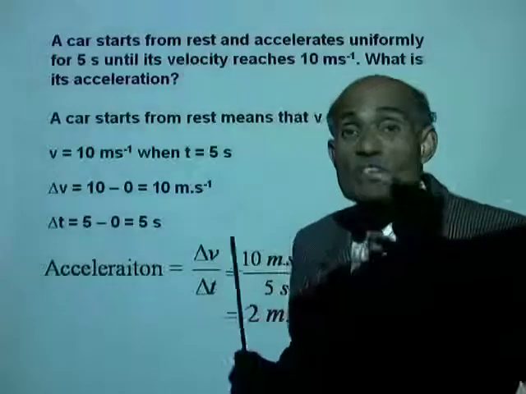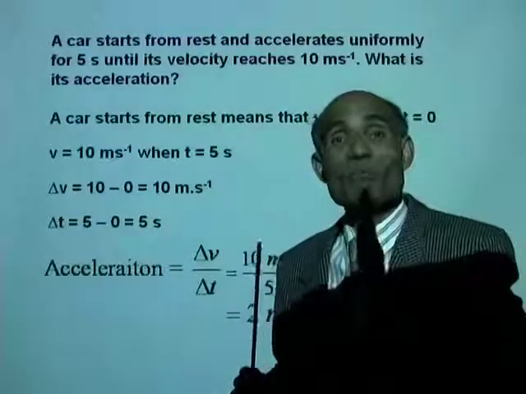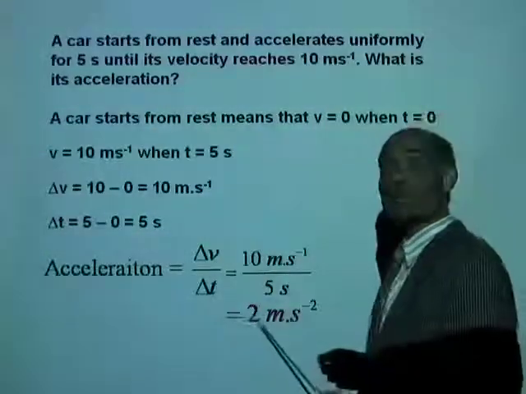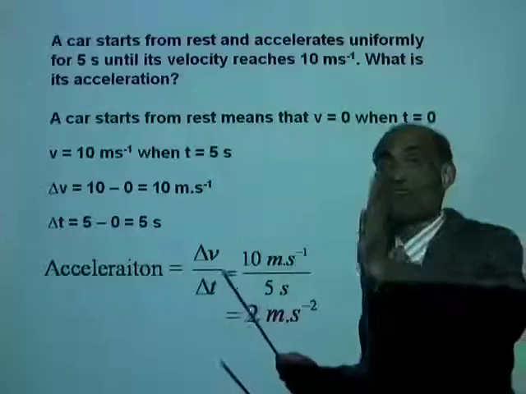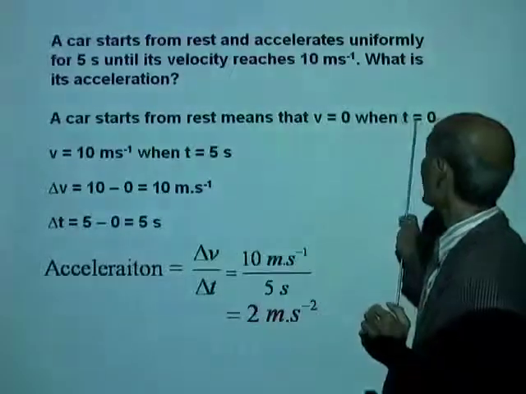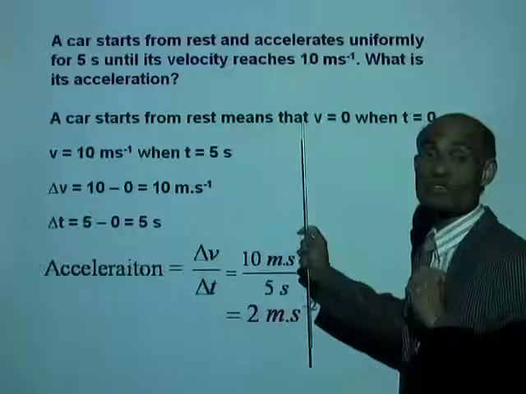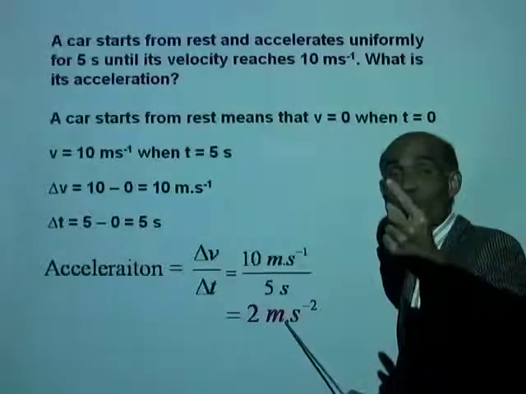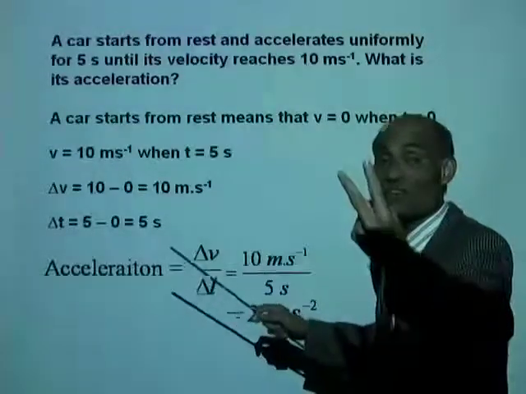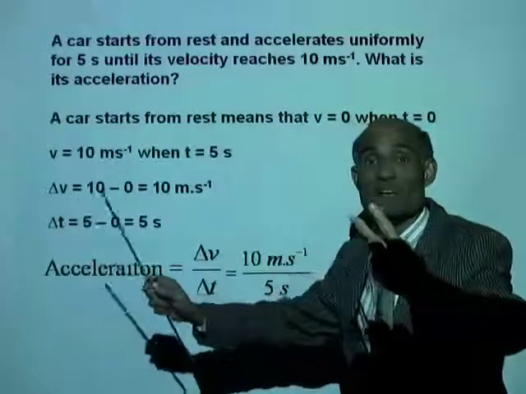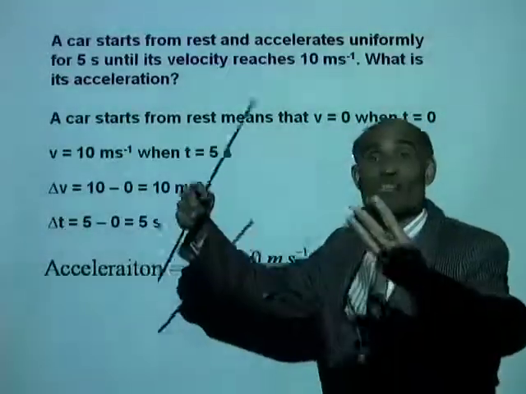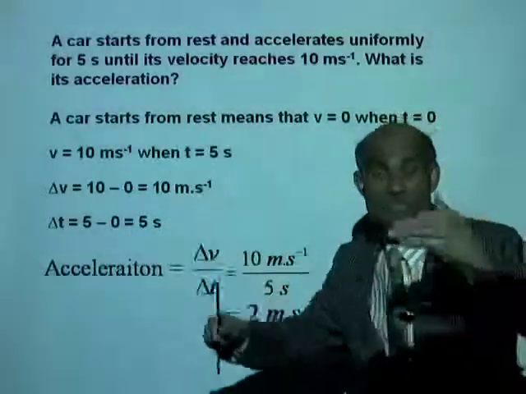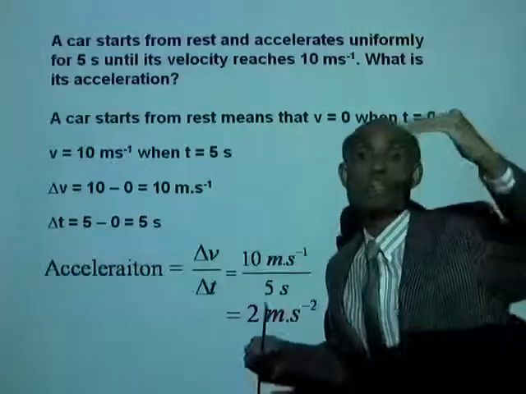It means every second the velocity of the object increases by 2 meters per second. That's the meaning there. Acceleration is positive, velocity is increasing. That means when time t equal to 0, the velocity is 0. When t equal to 1 second, the velocity is 2 meters per second. When t equal to 2 seconds, the velocity is 4 meters per second. At the end of 3 seconds, the velocity is 6 meters per second. Every second, the velocity increases by